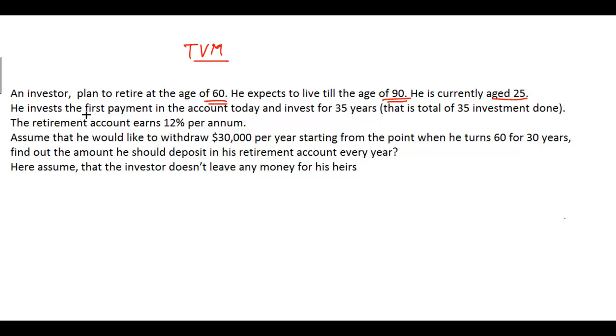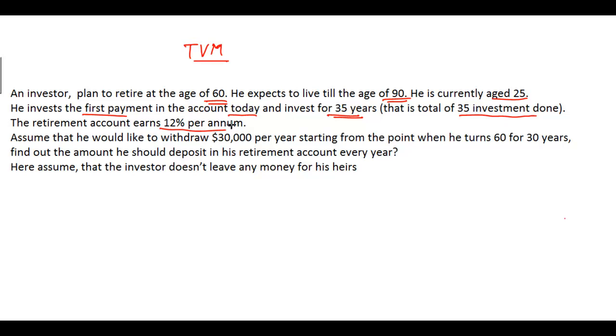He is investing the first payment today and expects to invest for 35 more years. That is, he will be making a total of 35 investments. Here it is said that the retirement account earns 12% per annum. So here we will have to assume that he will be able to earn this rate even when he is retiring. Otherwise, in some problems they may give you a different return during the investment phase and a different return